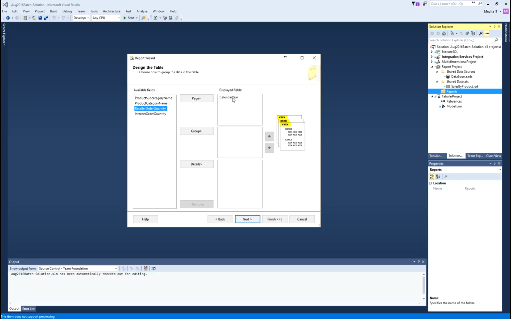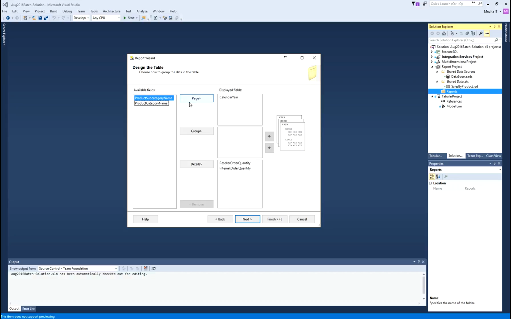As soon as I pick the calendar year, it highlights these values. That means I picked the value for this page separation. Next I will pick the values for details, that means the metrics I want to see. As soon as I picked metrics or details, it shows what values I picked.